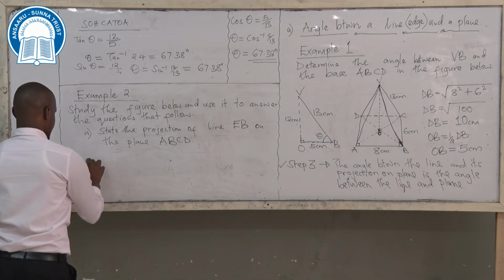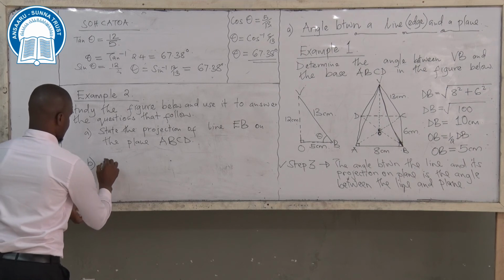Then number 2, which is the part B of it, we are saying determine